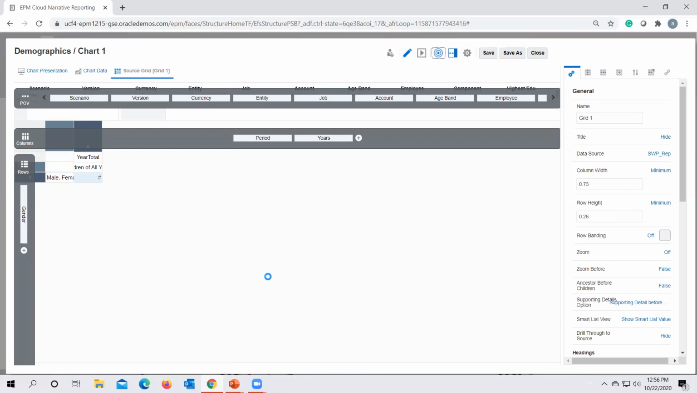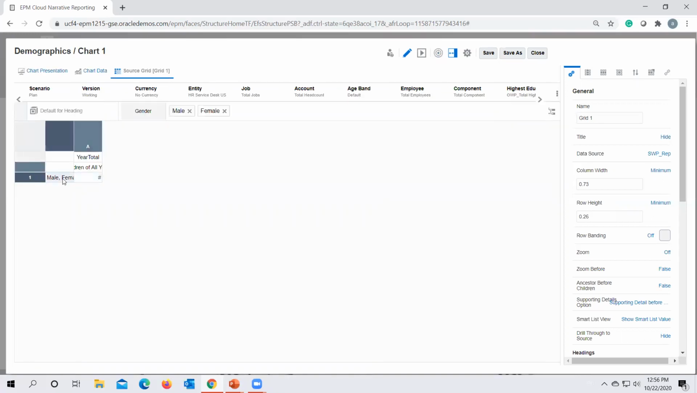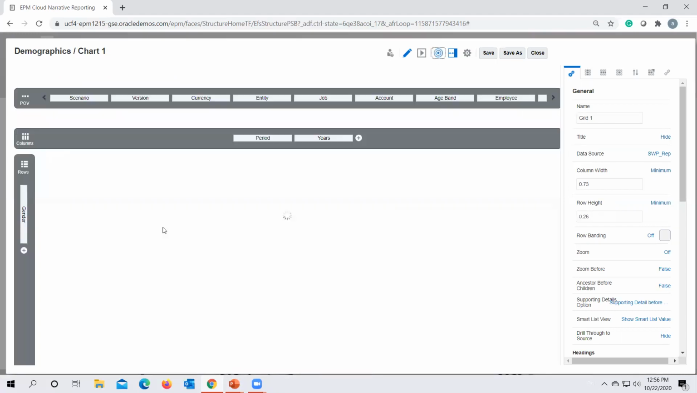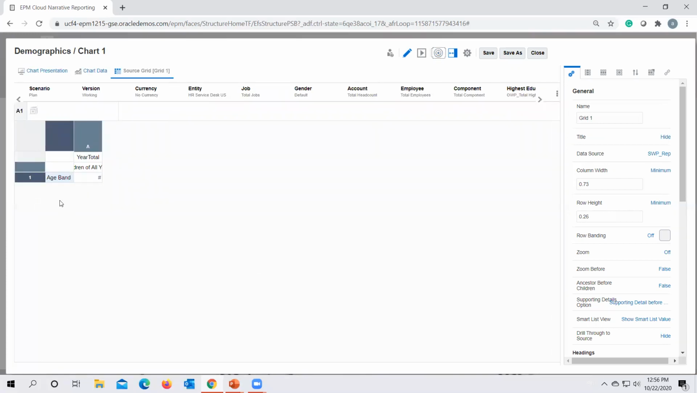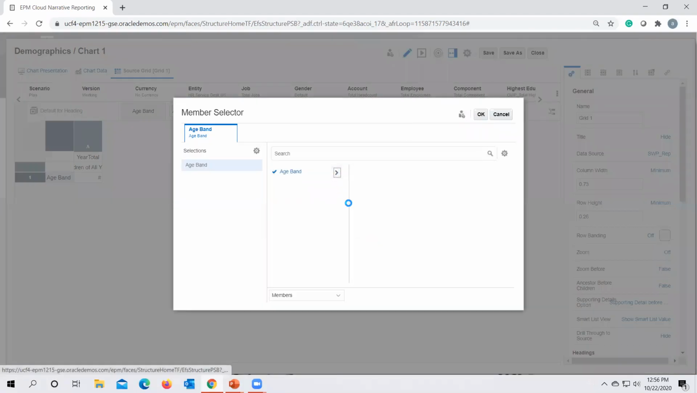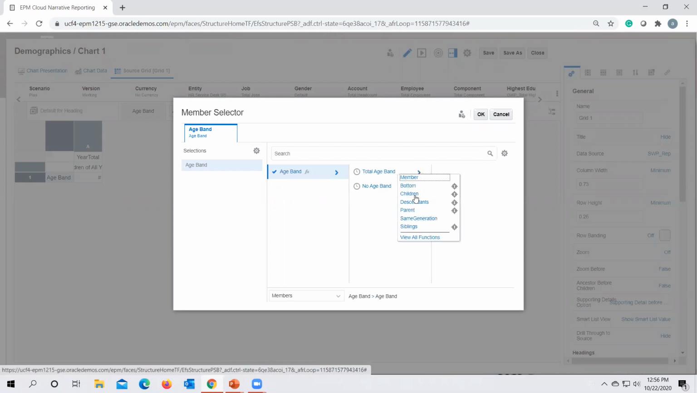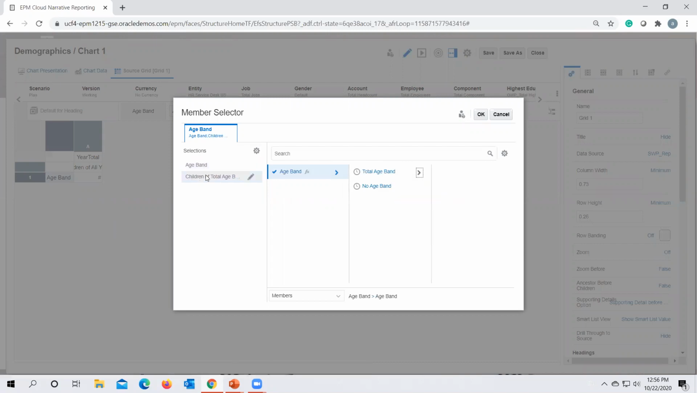I hide my dimension layout. Once I hide my dimension layout, instead of age band, I just have gender in here. So age band goes in here, and I need to move gender. I hide my dimension layout, and now I could select the age band. So under age band, again, I will take the children of all the age band in here to get my data,